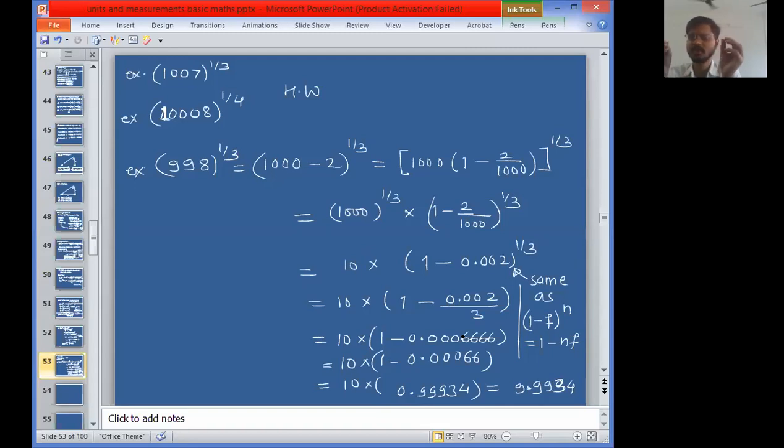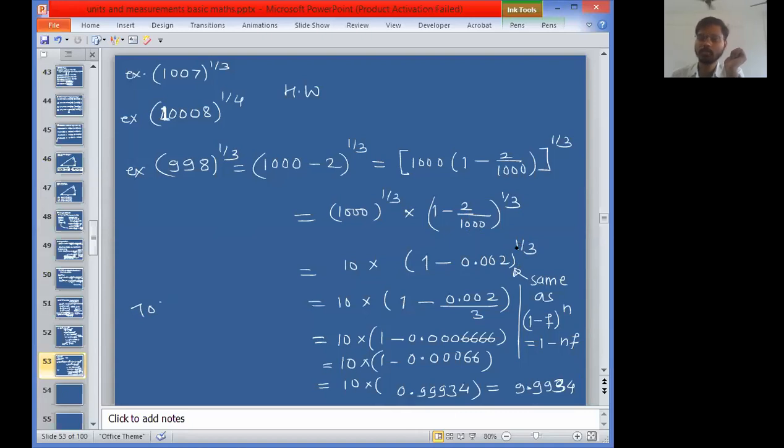So in the upcoming physics, whenever there are calculations, those calculations will be made easy with the tricks. Okay. Now your today's task. Sir, please explain 1 minus 2 by 1000. 2 by 1000 is 0.002. This is 1 plus fraction raised to n. You have to write this 1 as it is, and then you have to multiply these two.